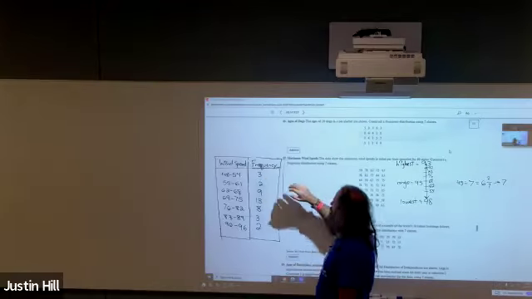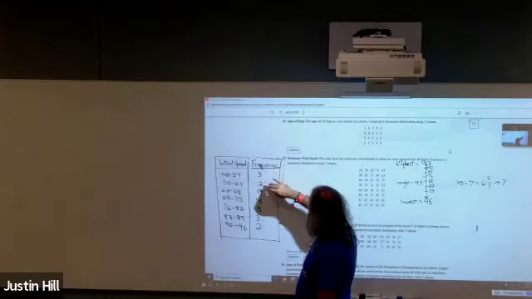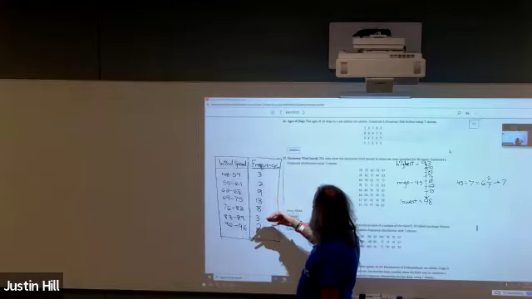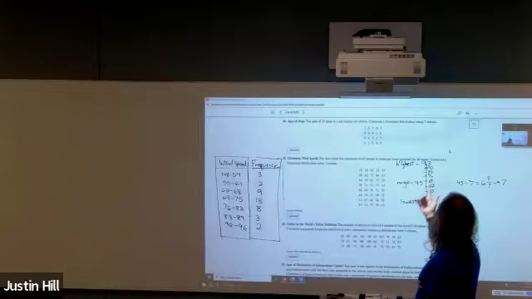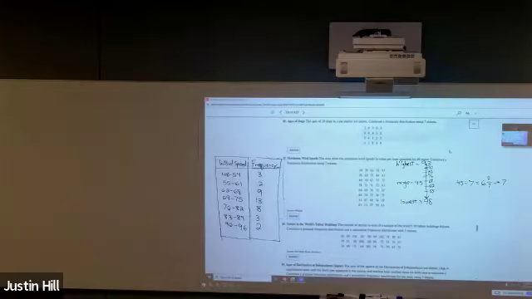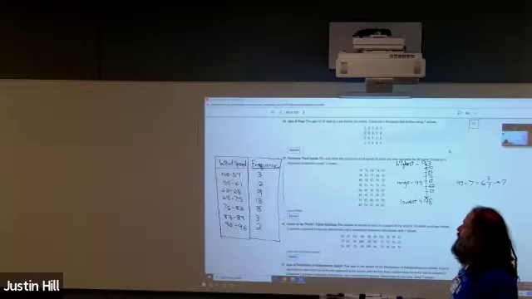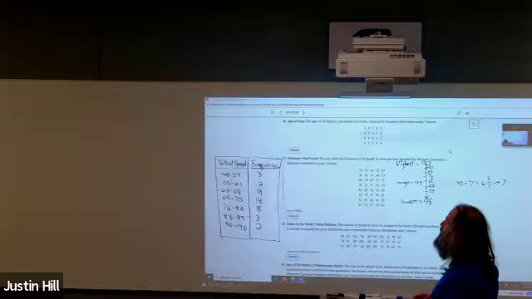There's 50 states, so let me also make sure this adds up. So 5, 14, 27, 35. Oh wait, did they only do 40? Oh, 40 states. They did 40 out of the 50. Okay, that does work. So there's a good frequency table.